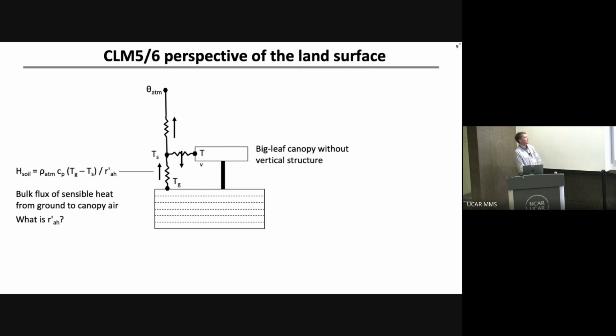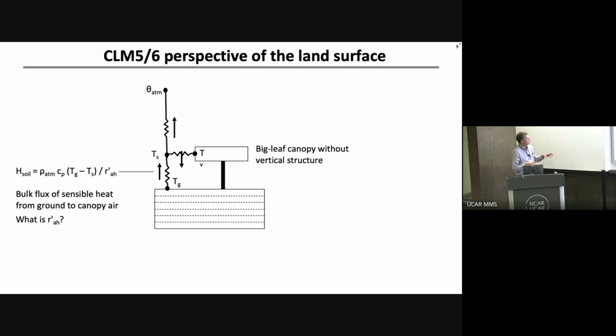I actually looked at this last night and everything was fine. Something went terribly wrong. So at least I tried to check this, but there should not be a flux of heat pointing down. That arrow is from the vegetation to the canopy air. There's also a flux of heat from the ground to the canopy air, and from the canopy air to the atmosphere. What I want to focus in on is this bulk sensible heat flux from the ground to the canopy